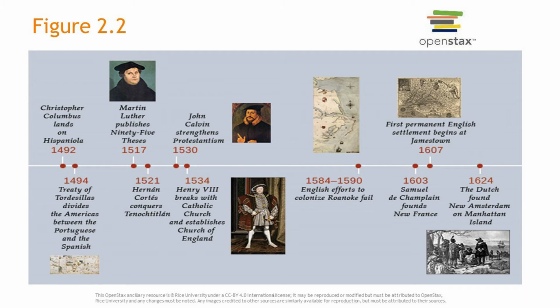So next, we can go ahead and move down this timeline, and what I really want to highlight is the first failed attempt at colonization for the English. So we're looking at 1584, and we're talking about the Roanoke expedition. And this is right in our backyard, right here in North Carolina. So this is America's first murder mystery, trying to figure out what happened to this first group of English explorers.